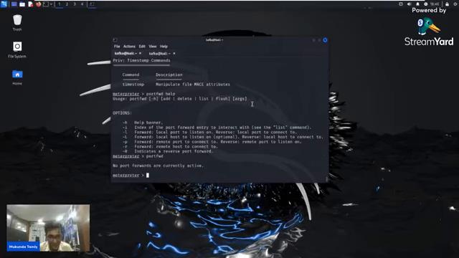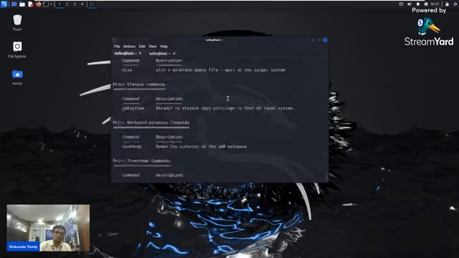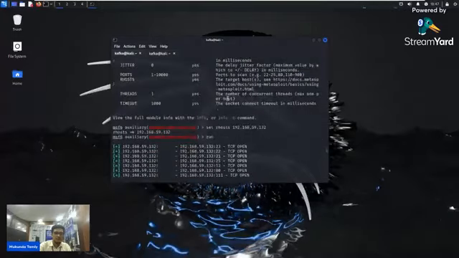Now I did an ARP scan. Means I scanned that whole network of 192.168.59.0 to 255, and it gave me two IPs: 59.131 and 59.132. I checked both, what is on the 131 and what is on the 132. I see that 131 is that compromised Windows, so I was left with the 132. So I did a port scan on that 132, and this is the result of that port scan. Okay. Port 80 is open.